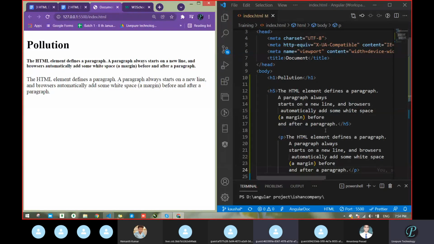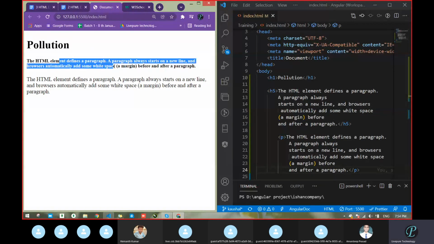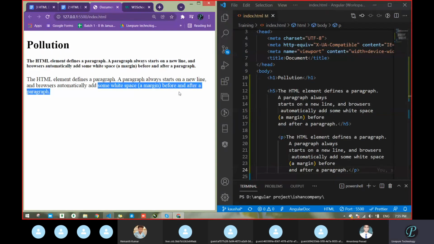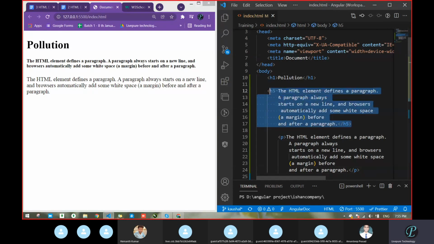And one more thing: this is bold, but this is not bold. This is a lighter color, correct? If we are comparing. So we are not always going to take H1 to H6. Whenever there is a need for highlighting, largest or smallest, bold, in that case we can take H1 to H6.